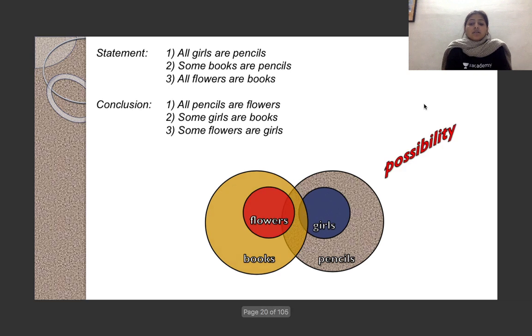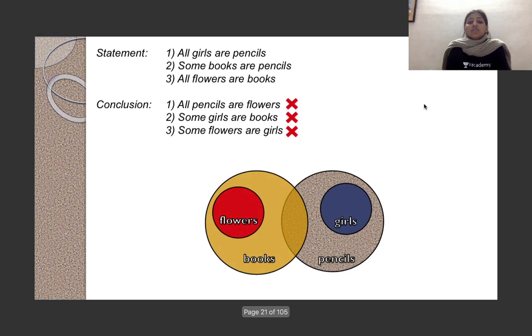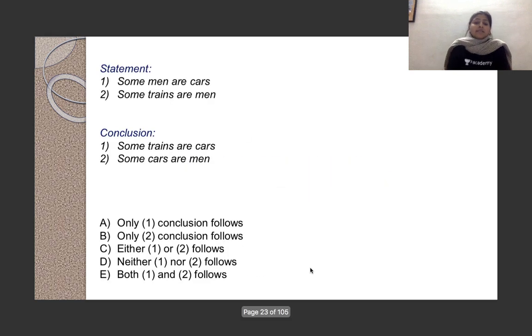Okay, but this could also have been a possibility, but we can't answer here on the basis of possibilities. We have to only answer on the basis of what statements are given. So as per the statements, this is the diagram we get, and as per this, none of the conclusions follow. Okay. Next,